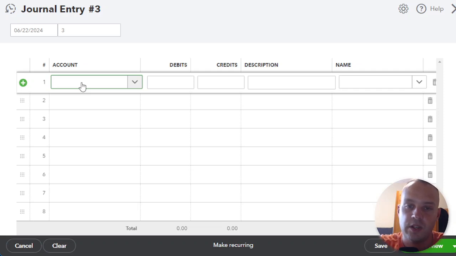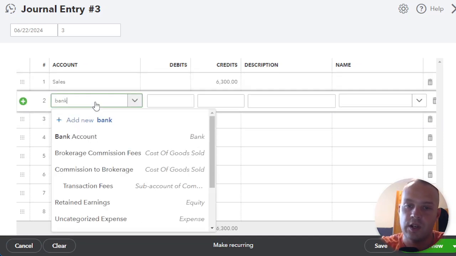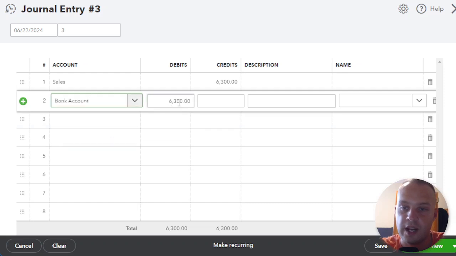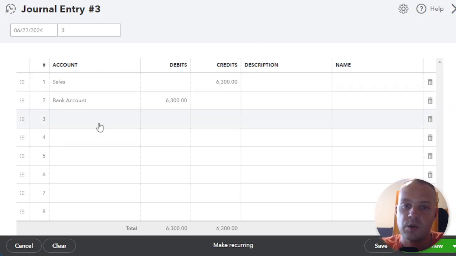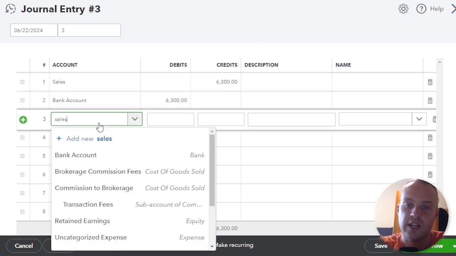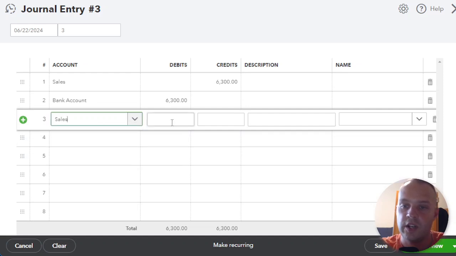So I'm going to record that sale, of course, but you wouldn't actually do this because you would already have this accounted for in your automatic bank transactions. So what we really need to account for is the sales. We're going to increase